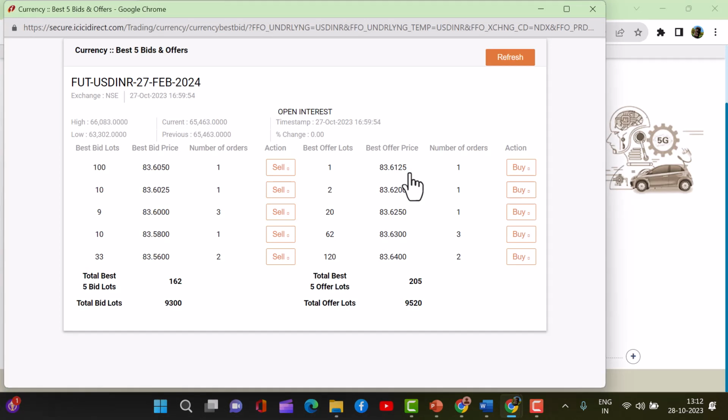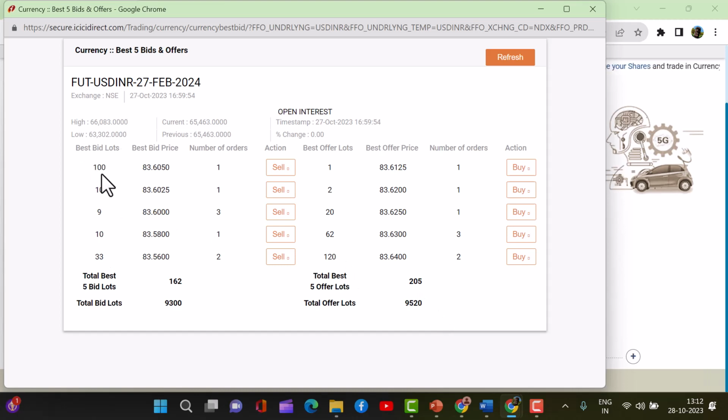It will tell you the top 5 buy orders and top 5 sell orders out of all the orders which have been placed in the stock exchange, which are hanging in the stock exchange, which have not been executed. People have entered them in the market and they have not been matched with a corresponding buy or sell order. So if you see, the total orders are about 9,500 buy and 9,520 sell orders, but the top 5 are given.